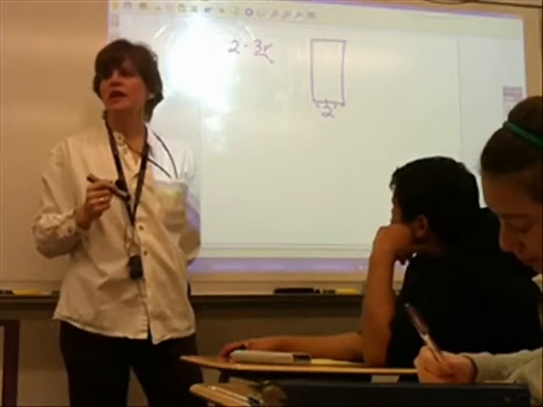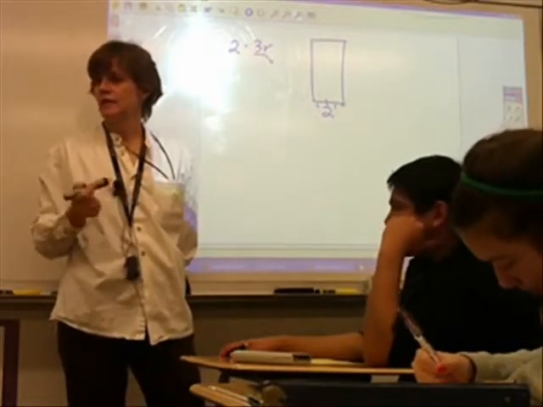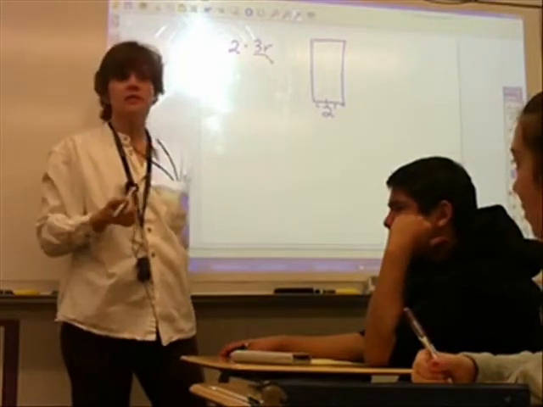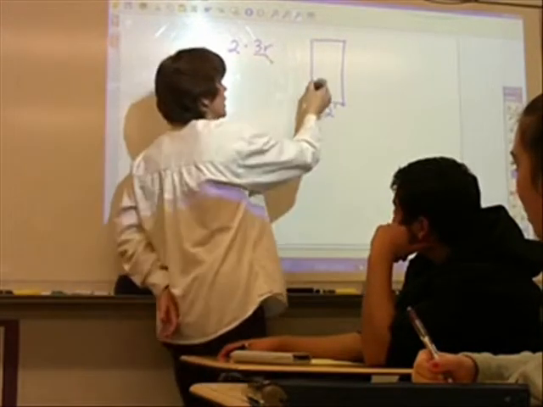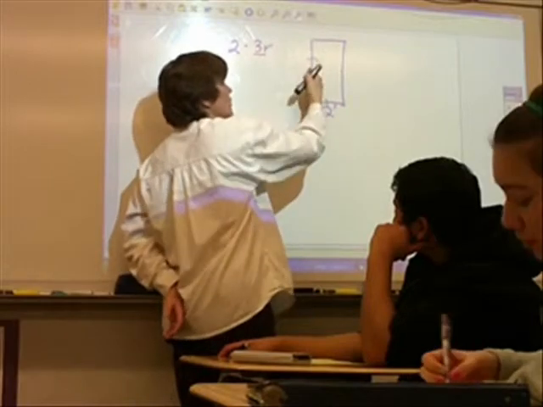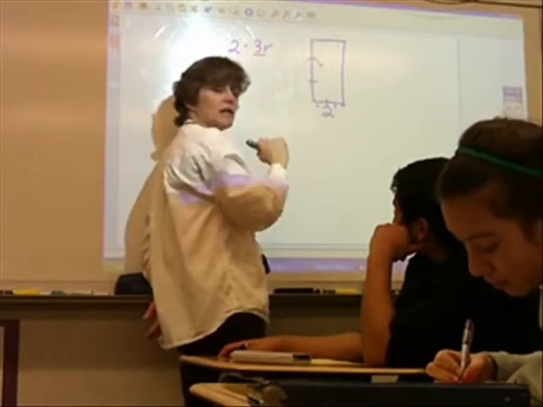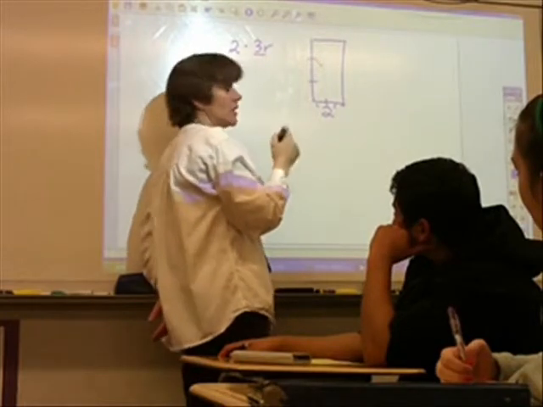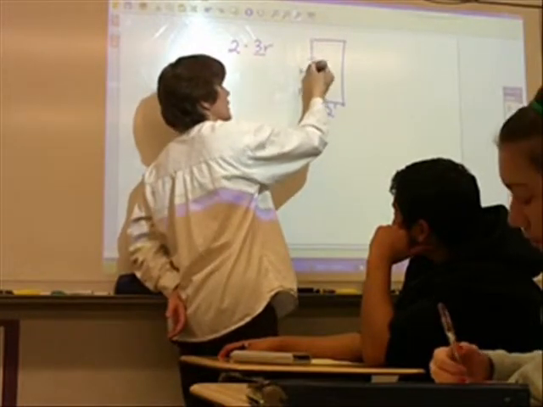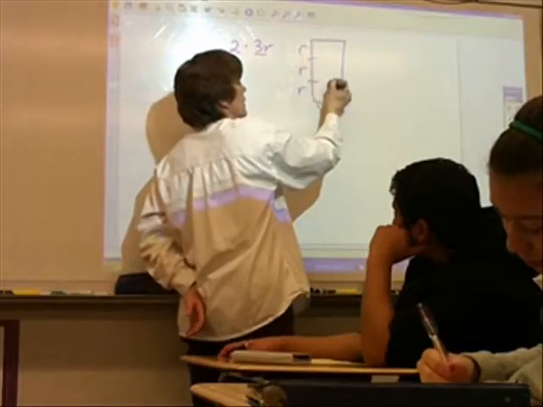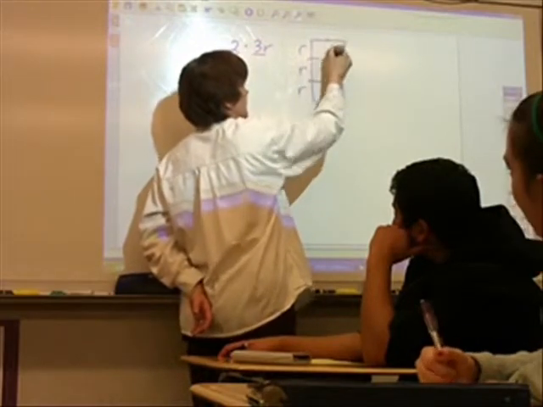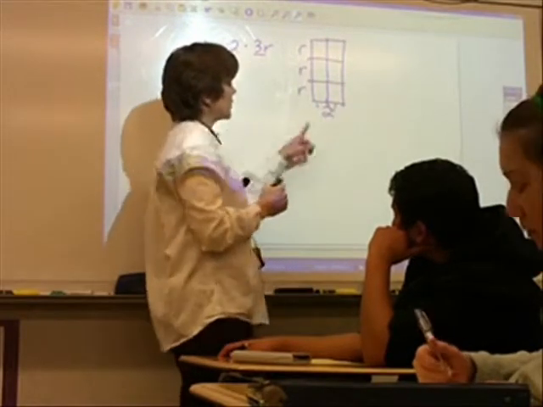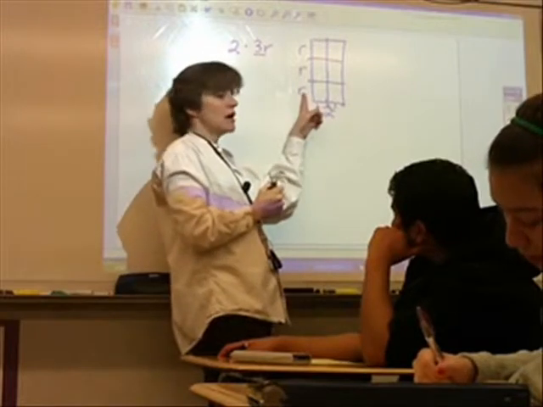3r. What does 3r mean? Yeah, it means 3 groups of r. So I'm going to have 3 groups on the side, and how big is each group? So there's going to be an R here, an R here, and an R here. And I'm going to multiply these things together. So I have 1 times R is